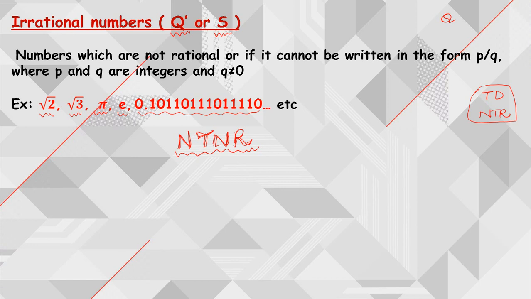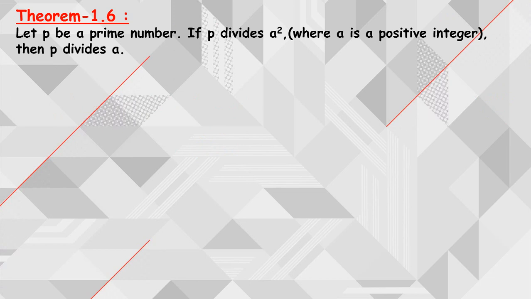Now let us see. To prove all this, we are going to follow a particular theorem. The theorem states that whenever you have a prime number p, and you need to have an idea what a prime number is, a prime number means it has only two factors, that is 1 and itself. The statement states that if p divides a square, where a is a positive integer, positive integer means some Z plus, then p divides a. This is what the statement of this theorem states. Right, now let us see the proof of this theorem.